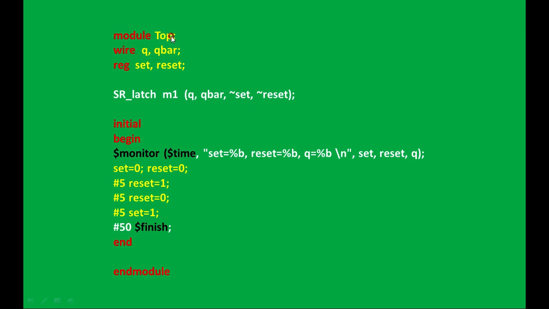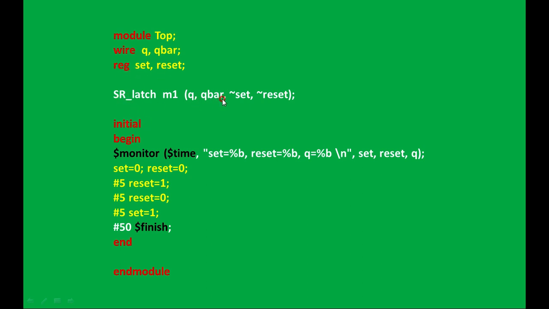If you observe, module top and end module are available, but port declaration is not there. Here you are making use of wire and register variable declarations. Registers are variables in Verilog which can store values. Outputs we define as wires in the stimulus, top level code or test bench. So Q and Q bar we are writing as wires. Inputs we are writing as set and reset registers.